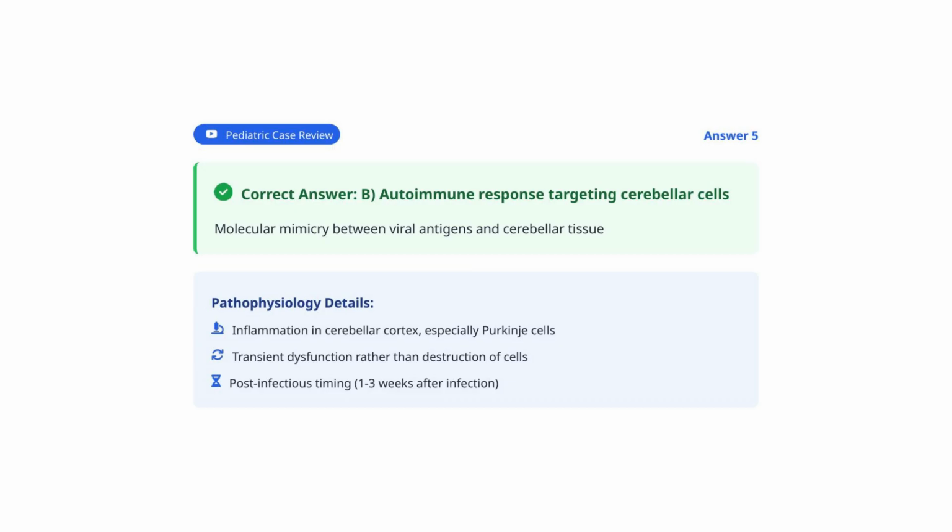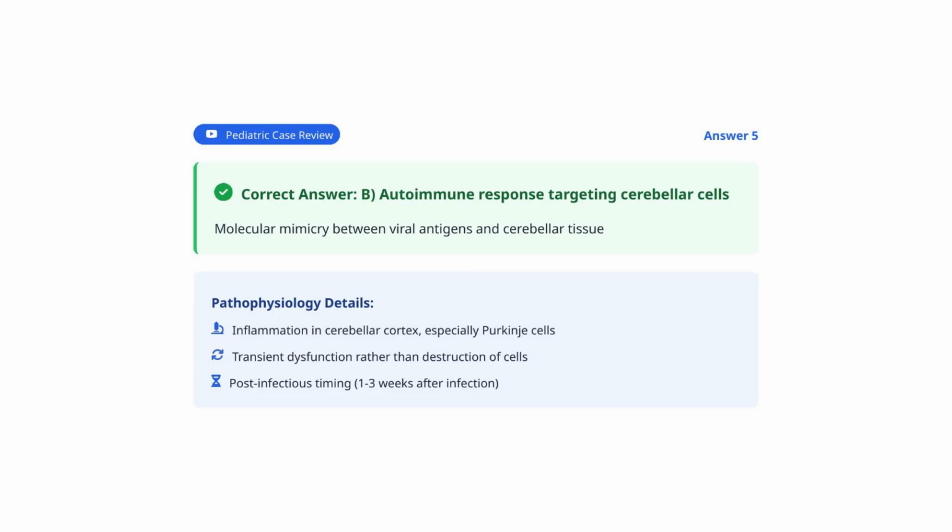Post-infectious acute cerebellar ataxia is primarily caused by an autoimmune response targeting cerebellar cells, particularly Purkinje cells. This occurs through molecular mimicry, where antibodies against the virus cross-react with cerebellar tissue. The resulting inflammation causes temporary dysfunction rather than permanent destruction of cells, which explains the generally excellent prognosis with complete